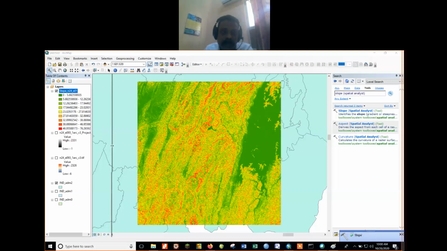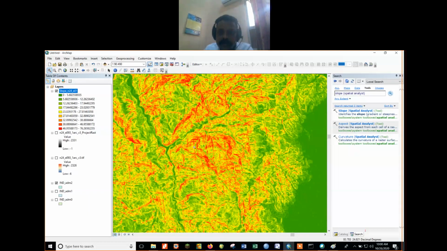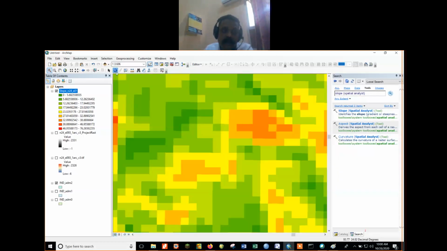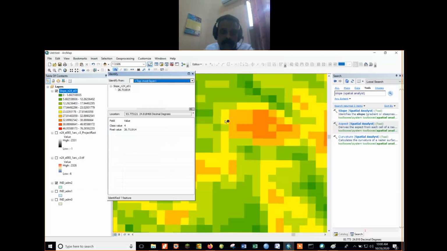Okay, you see it now. Each of the pixels is in a different color, and all these colors now represent the slope in degrees. If I click somewhere here, I will get the information that this particular pixel has a slope of 26.71 degrees. That means this particular pixel is not flat. It may be tilted this way or that way, either to the north, or to the south, or to the east or to